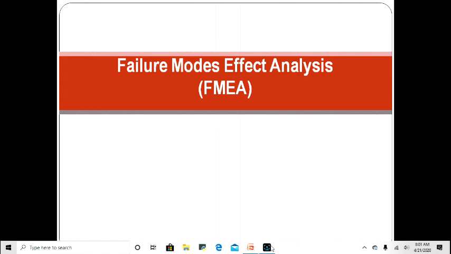Today we'll be looking at the failure modes and effects analysis, that is FMEA. This is one of the risk assessment tools. Yesterday we discussed risk assessment methods, right? How do they assess a risk? How do they manage the risk in a particular organization? So today we'll be looking at the tools. One of the tools for the risk analysis and the impact analysis, etc., is the failure modes and effects analysis,